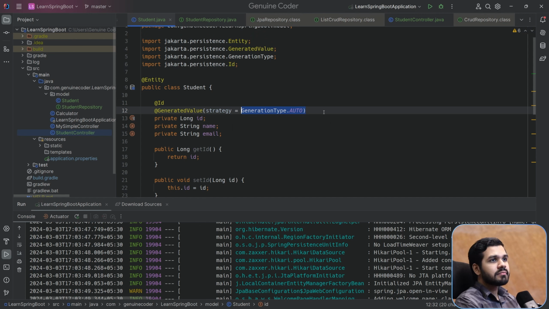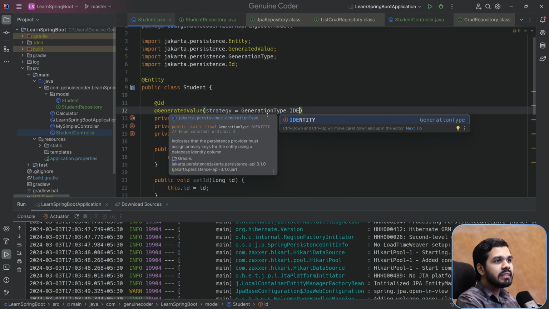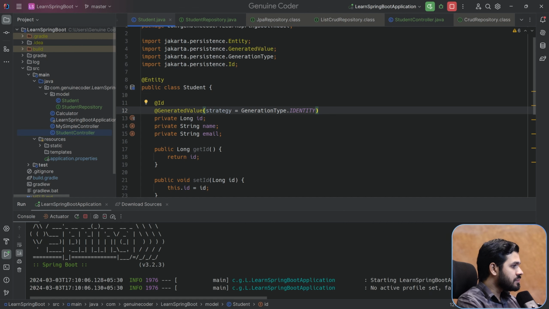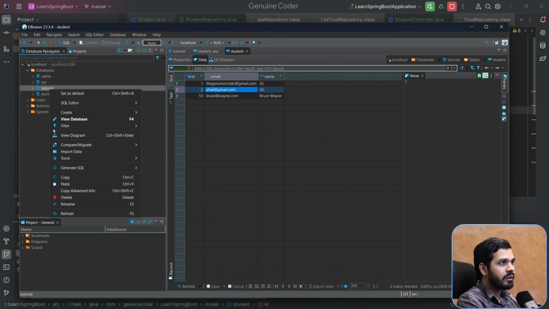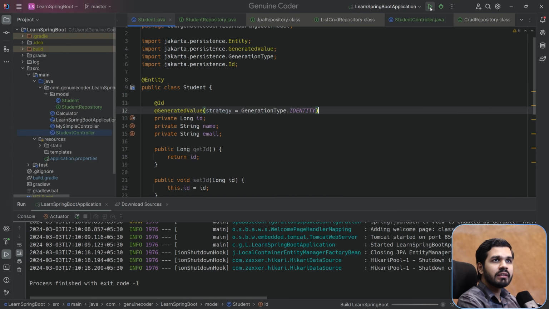To fix that, we have to make use of the generation type of IDENTITY. So it is saying that when we use the identity generator value type, it will use a database identity column. So this is recommended for MySQL databases. So let me change the strategy into identity, and let me go into the database. So let me open DBeaver, refresh, and let me remove the data for now. So let me remove the tutorial database and start fresh. So I have removed it. I need to restart the application,